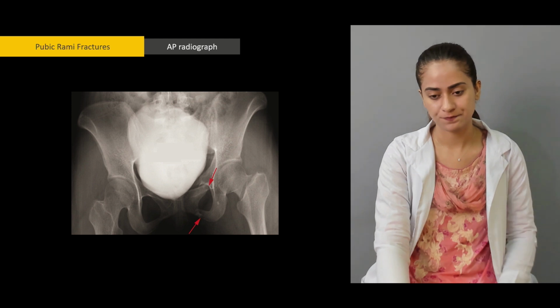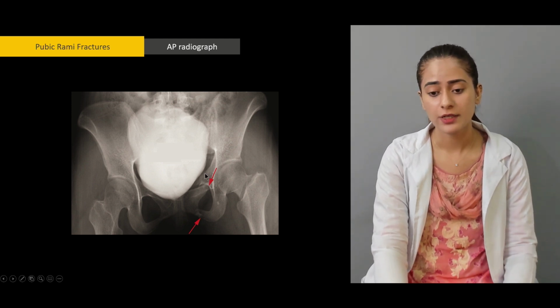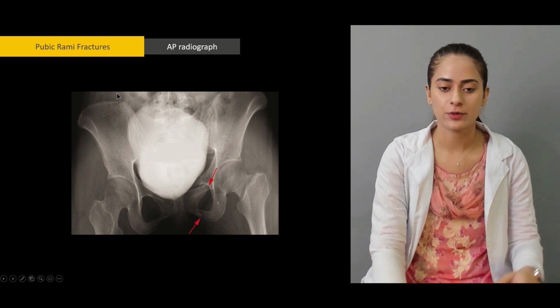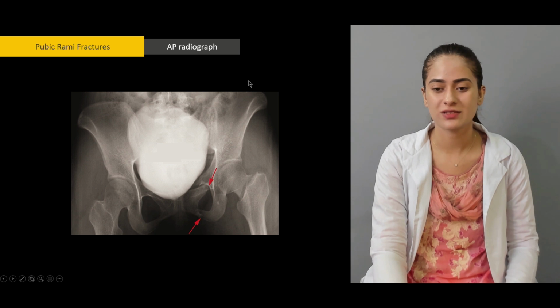So now we're going to talk about pubic rami. Let's look at the radiograph. So this is the pubis, right? The superior rami of, let's just ignore this for a minute, right? So again, let's label it. So the ilium, because it's not visible here, let's do it here. So the ilium, the